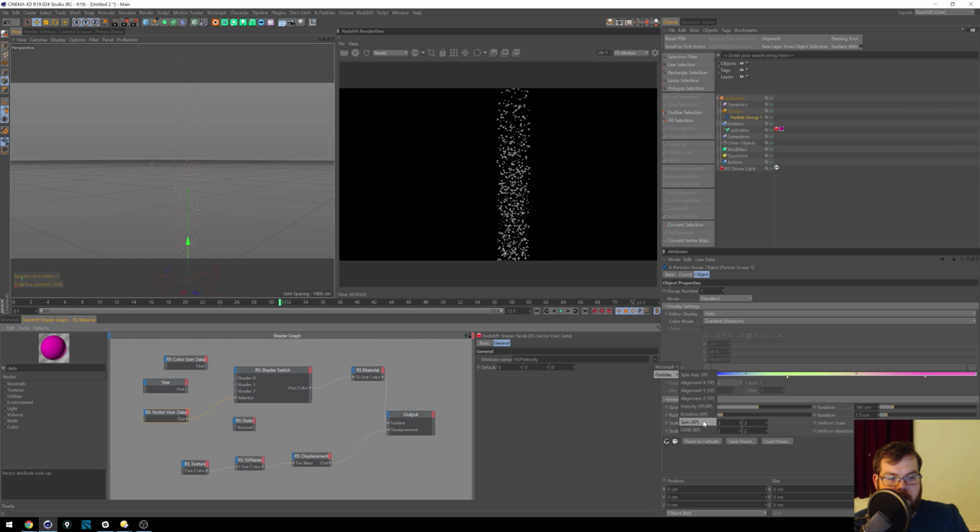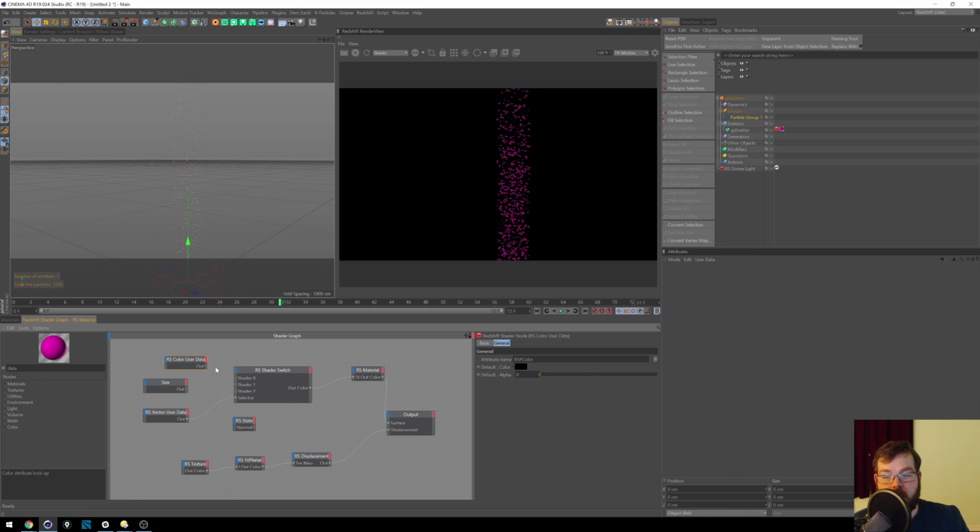UV spin. I don't have any spin going. Alignment. That's thinking particles and UV. All right, so we kind of figured out some X-Particles stuff. If you want complete randomization, you use a user data tag with it plugged into a shader, and that needs to be set to particle color. I'll just hit play. So that's way 1. If you want to do it by size,